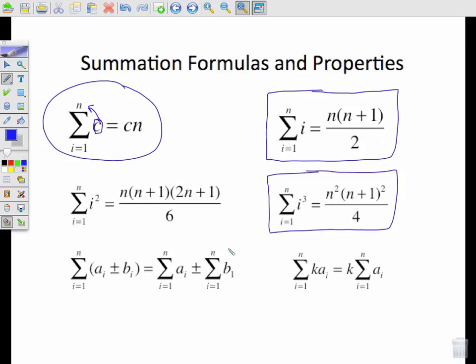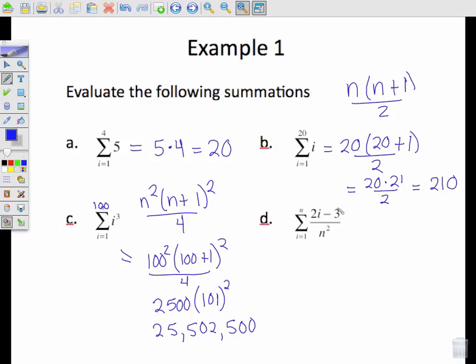Now, along with all of these formulas, we do have ways of simplifying some things that don't quite look like an i squared, i to the third, and so on. So I'm going to show you what we can do with this expression. First of all, with this division of n squared, I can write this summation by factoring out the n squared, so it's 1 over n squared. And then you can see here we've got the summation as i goes from 1 to n of 2i minus